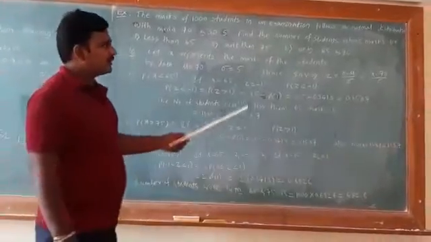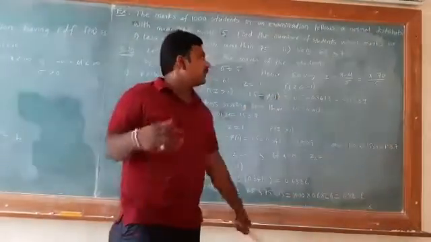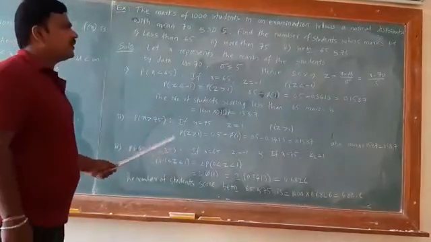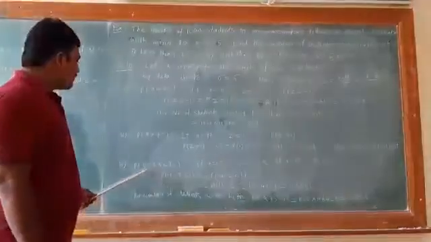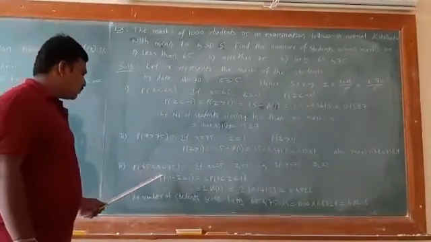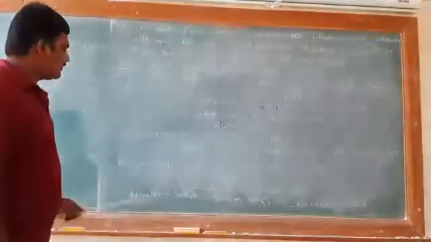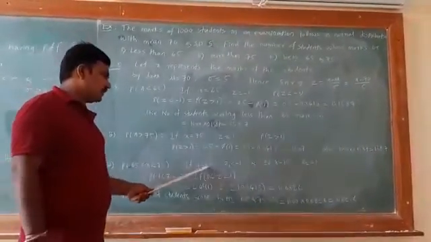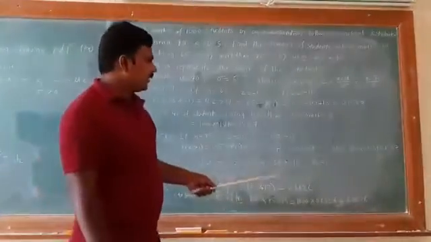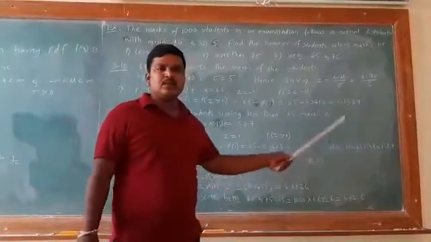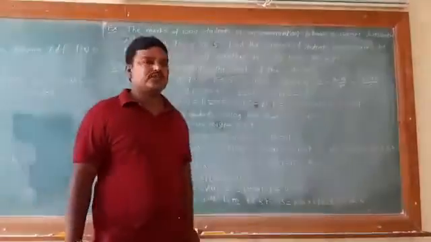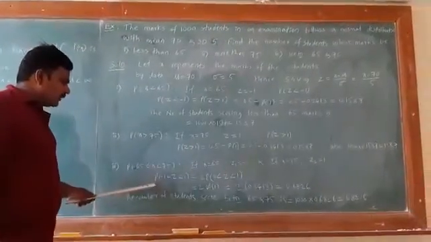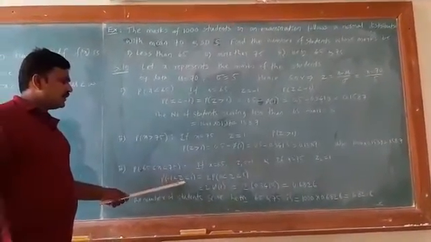Now we discuss the third condition, that is in between 65 and 75. That is, the probability of x lies between 65 and 75. One time we substitute x is equal to 65 and get a negative value. One time we put x is equal to 75 and get a positive value. Both are the same as the first and second conditions. So P of minus 1 less than z less than 1.